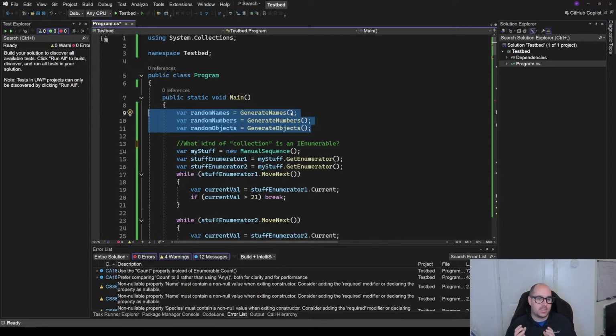LINQ works against collections. So you don't use LINQ against necessarily a date or an integer or something like that. You use it against a collection of things. And a collection of things is something like a list or an array or anything that implements IEnumerable. Actually, to demonstrate that a little bit, I could say